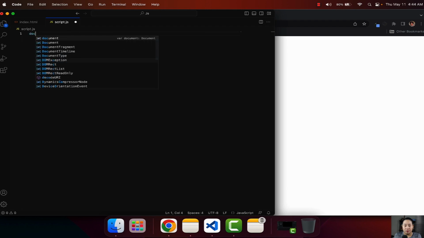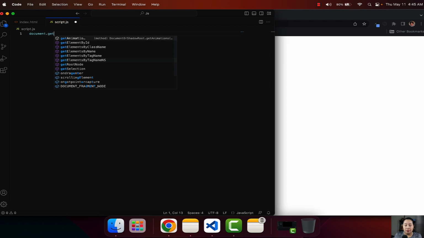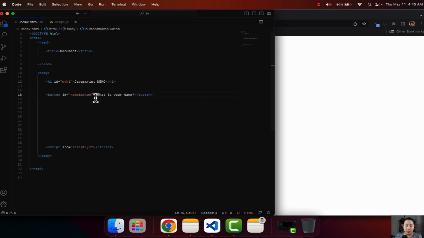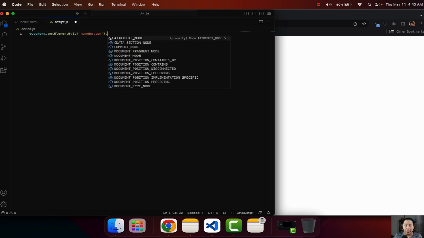So for that, let's go to JavaScript, and then the first thing that I want to say is let's do document. I will do it simple without creating much variables and stuff like that. So let's just go straight to it, and let's just say document dot getElementById of, and then let me just type in the name that we gave to this to make sure everything is written properly. Okay, with the ID of nameButton,